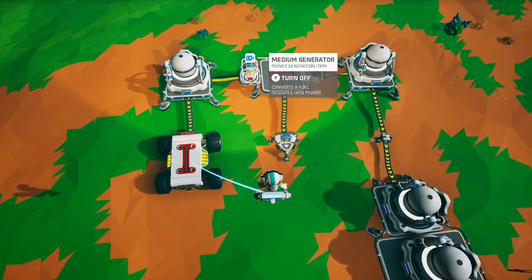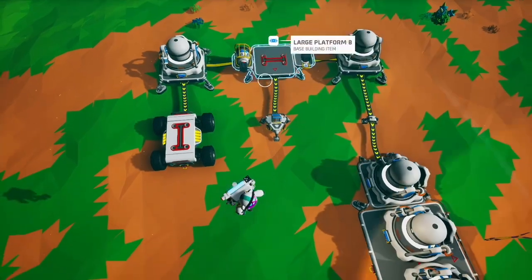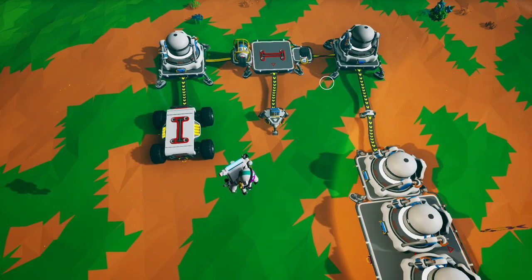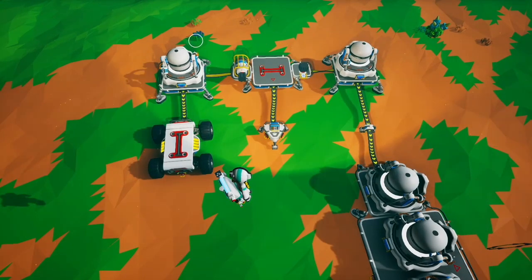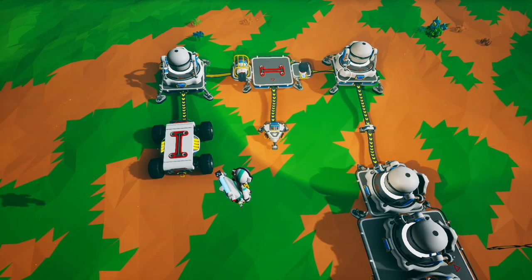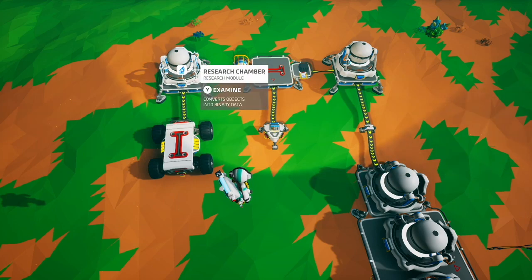This medium generator is generating 3 power, and we have 3 one-way power lines coming out of this setup here. Anything connected by normal power lines is considered basically 1 unit for the